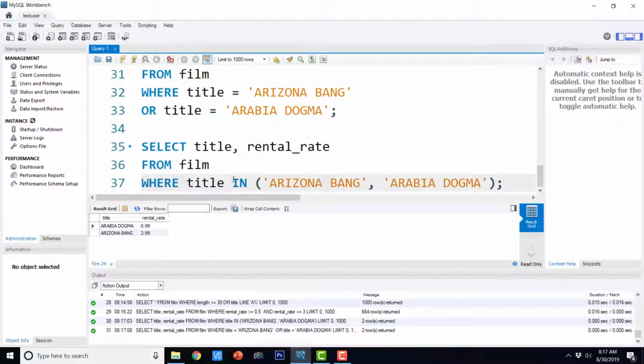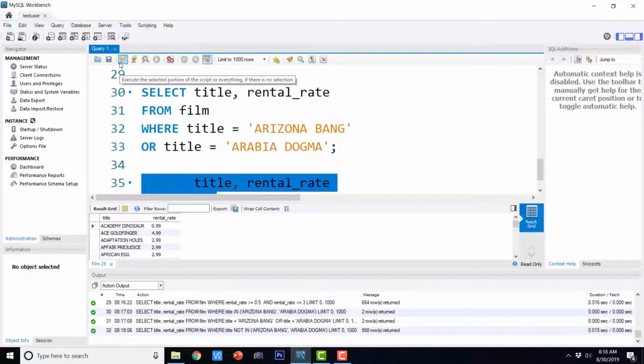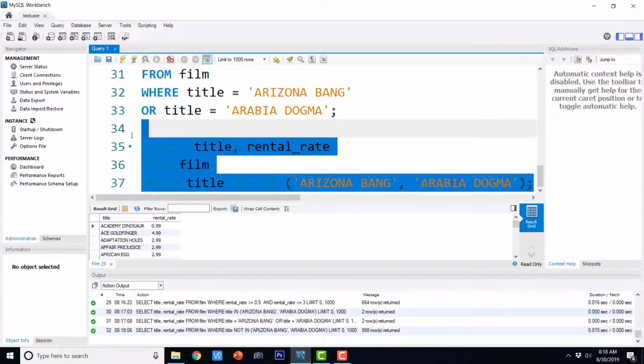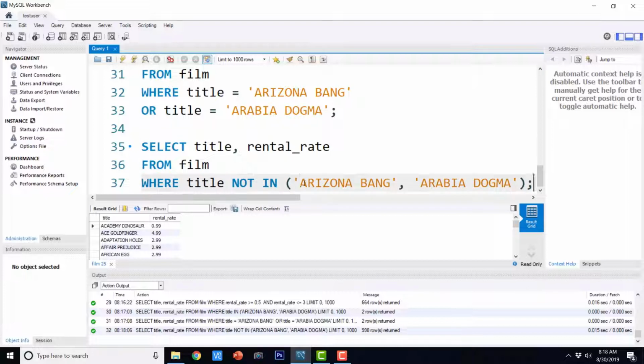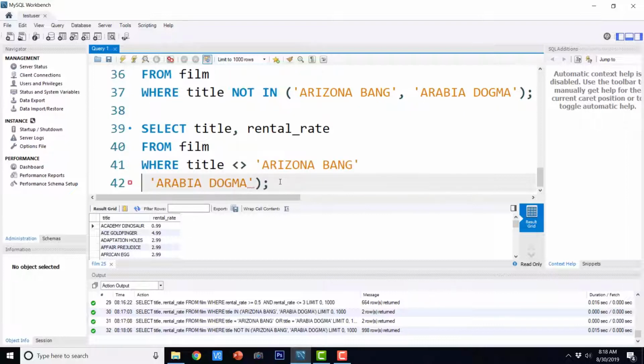So I'm just going to say not in, and it is going to return me all the rows that don't have their titles as Arizona Bang and Arabia Dogma. And those will be quite a lot of records because only 2 films have got these names. Okay, so now we can even rewrite it. So I'm just going to say and.